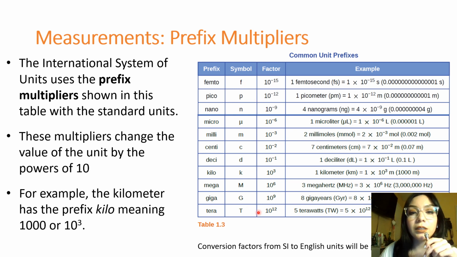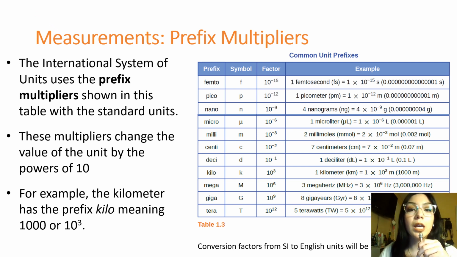So each of these is associated with a certain number. Each prefix has a certain number or factor to it. They also have a symbol, so we can put this symbol in front of just the symbol for the unit, and then we end up getting basically an abbreviation. So your job is to practice using these. You don't necessarily have to memorize them off the top of your head each time, but know how to use them. And we're going to get to that part when we start using dimensional analysis,